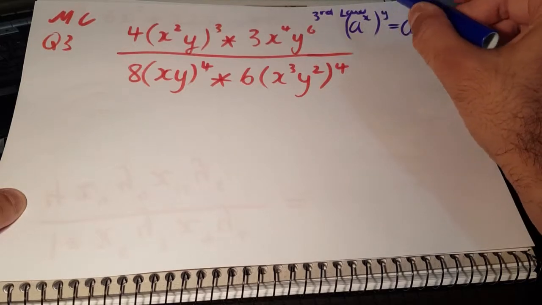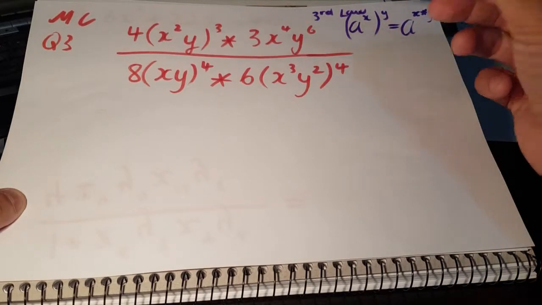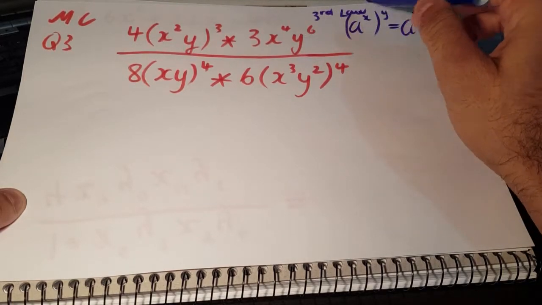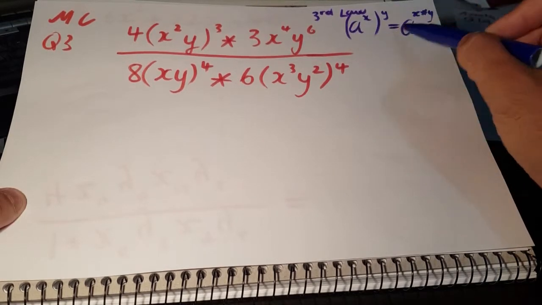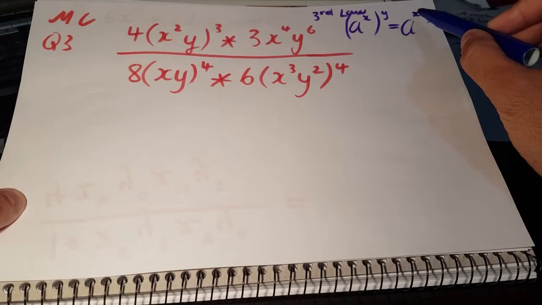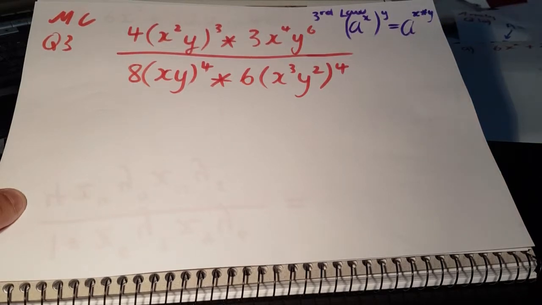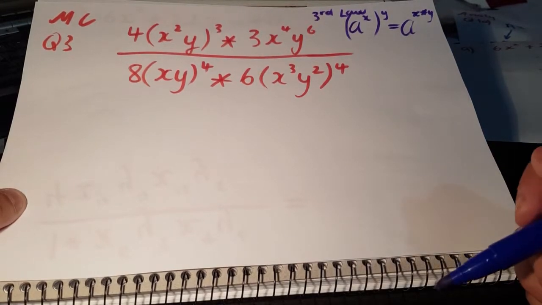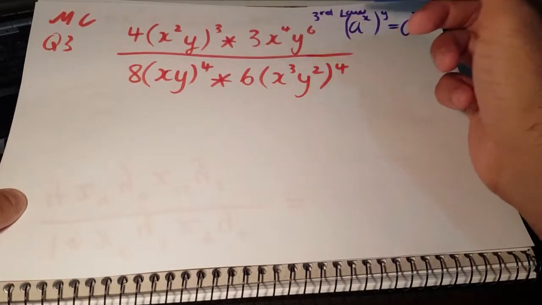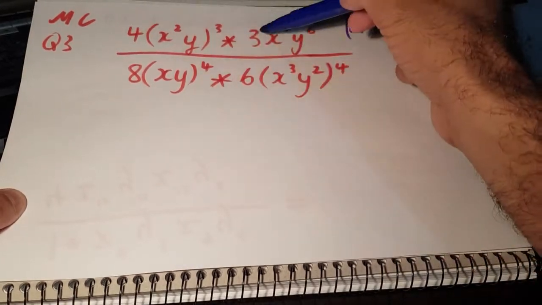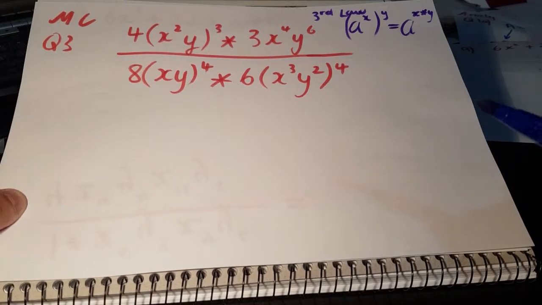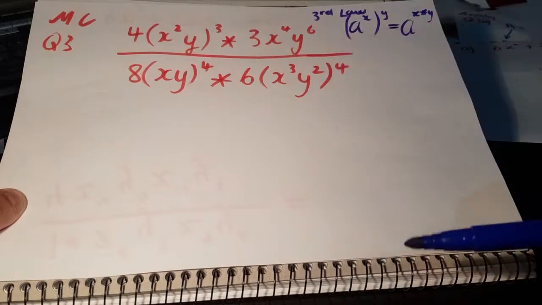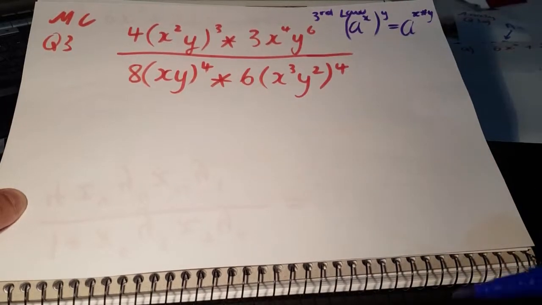Now, one law that you might be confused with would be the third law, which is when you have a power bracket and a power. So when you've got something like this, you just pretty much multiply the powers. So when we're answering this question, what we should do first is simplify the numbers, and then once we simplify the numbers, then we can work out or expand the brackets, and then from there we'll take it one step